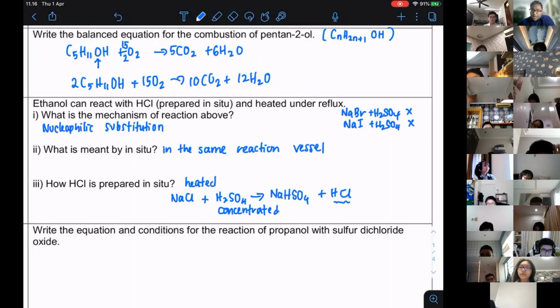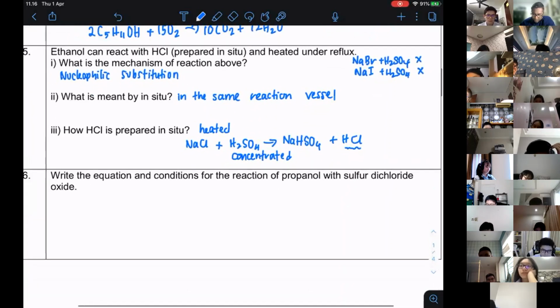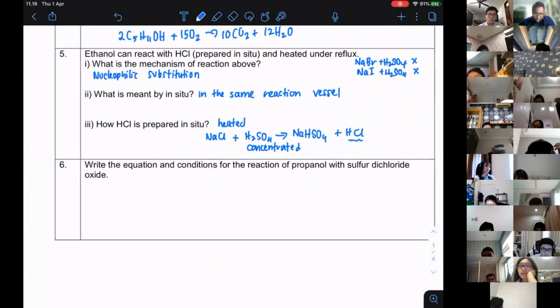Okay, so we don't want the HBr and HI, as they will not stay like that, because they can be easily broken. Now, write the equation and condition for the reaction of propanol with sulfur dichloride oxide. So, same propanol, C3H7OH, reacts with SOCl2, heated under reflux, and then you are going to get